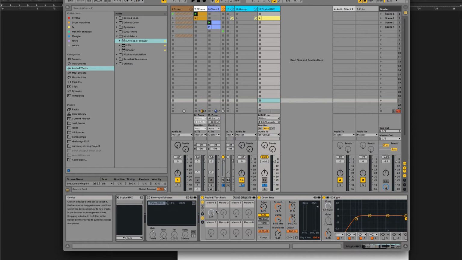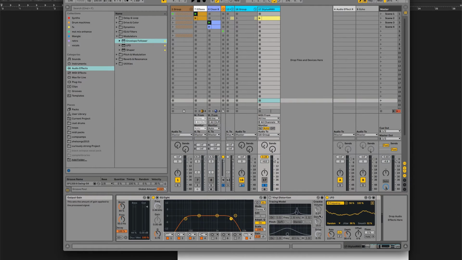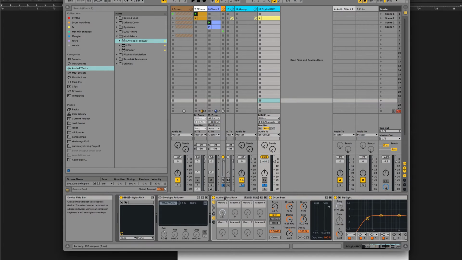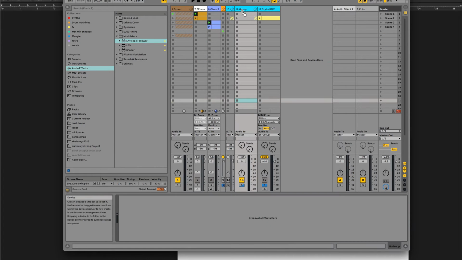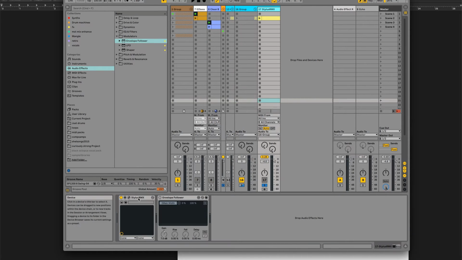But that can be useful for putting all your controlling of different parameters in one place over a range of a lot of effects. The real reason I group these is to make it easier to move to the group from the individual track. So I'm going to drag it onto the group, and now I have Stylus RMX by itself. So now I'm going to duplicate the Stylus RMX